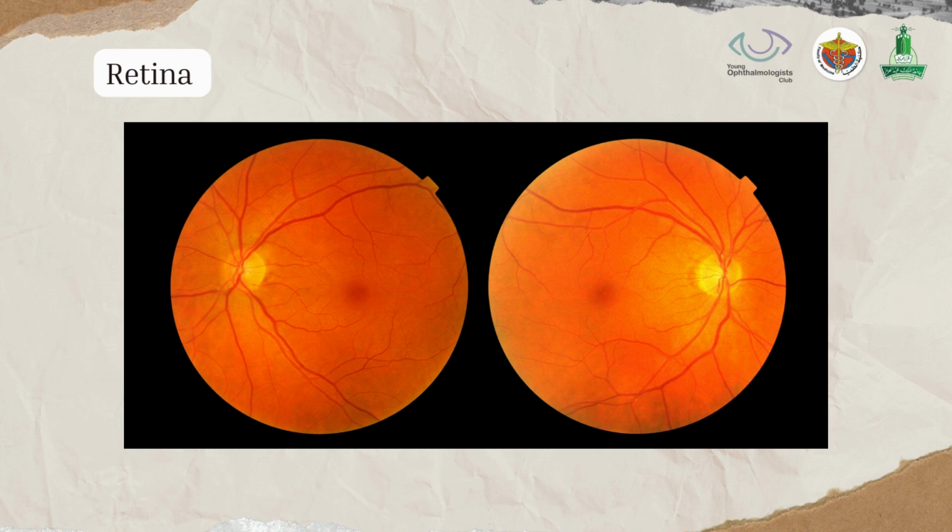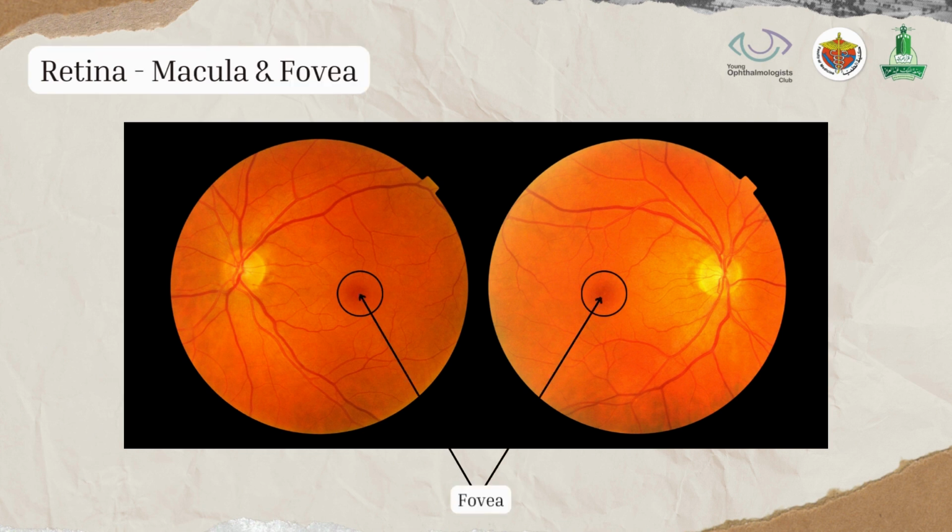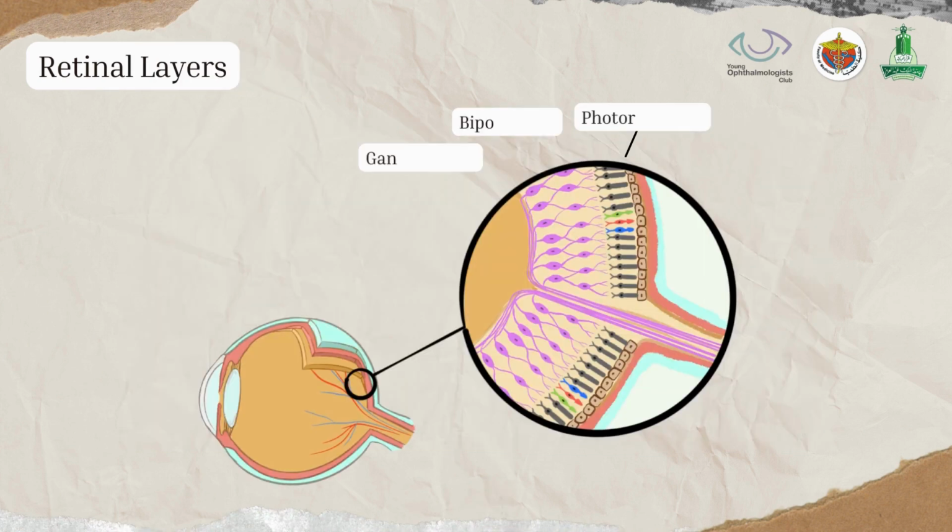Lastly, let's talk about the retina. This is a picture of a healthy retina showing the macula and the fovea at its center. The fovea's function is to ensure that the eye provides a central vision of a high resolution and for individuals' color perception ability. The neurosensory retina is mainly made up of 3 groups of neurons: photoreceptors, bipolar cells, and ganglion